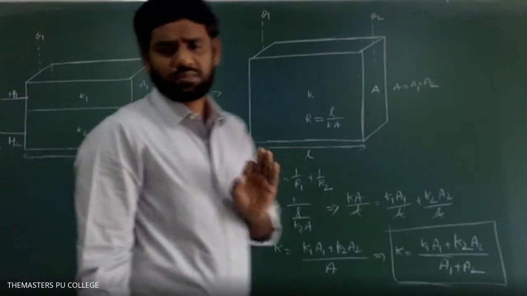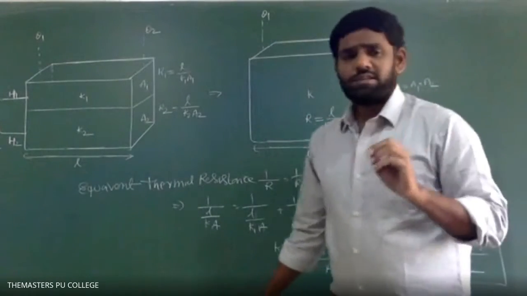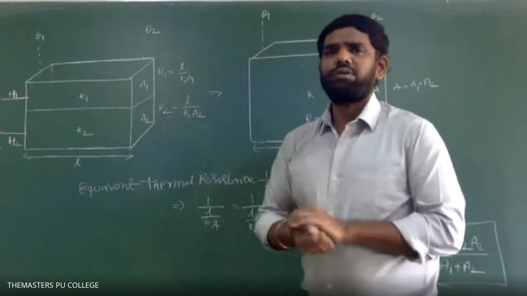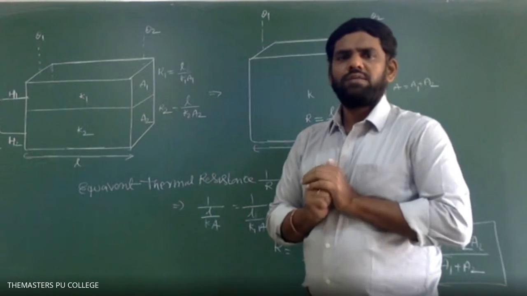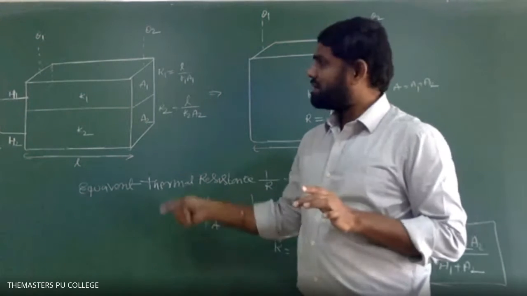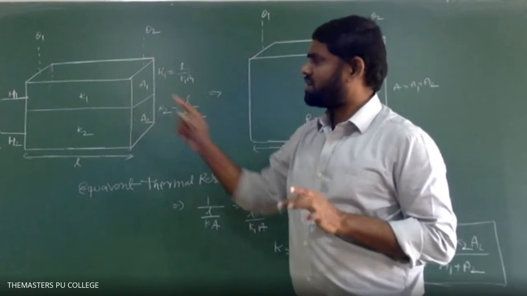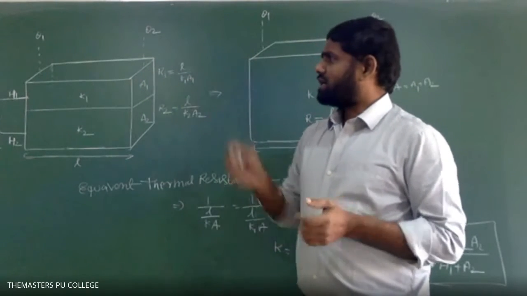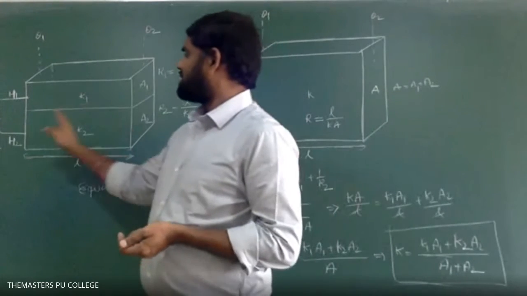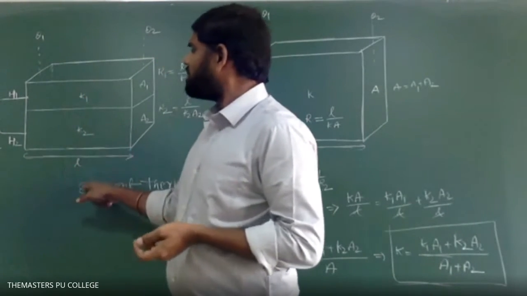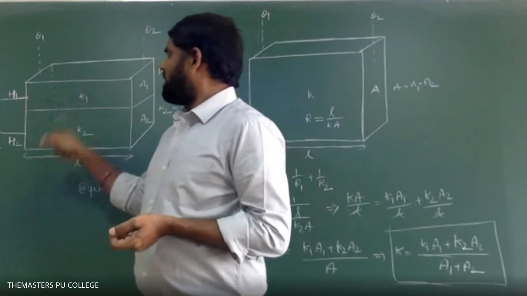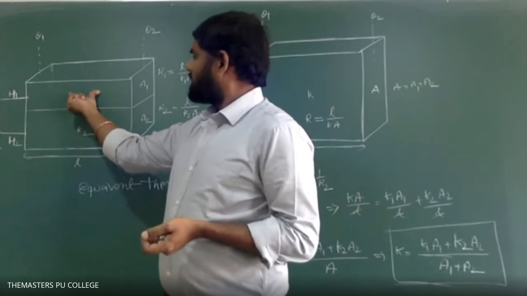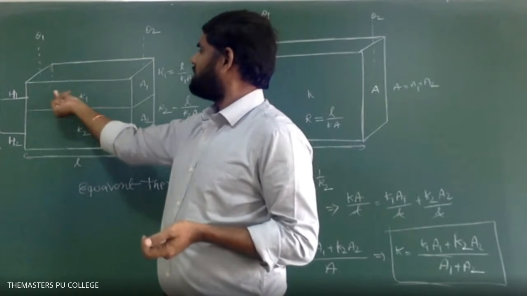And remember, students, what difference do you notice between a series and parallel combination of conductors? Anybody? Sir, here two separate heat flows we have taken. Here the heat flow through the two conductors is different, both being connected in parallel. The temperature difference of the first slab is the same as the second, but the thermal conductivities are different. That's why there are two ways for the heat to flow. For example, this conductor offers less resistance, so more heat will flow through this rod.